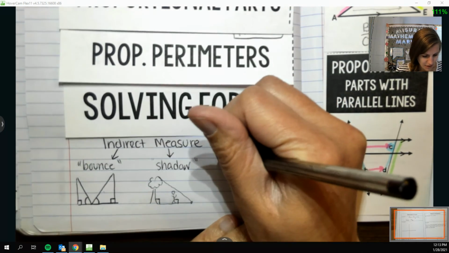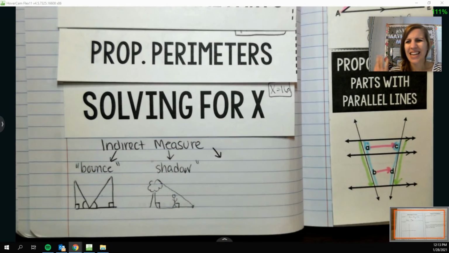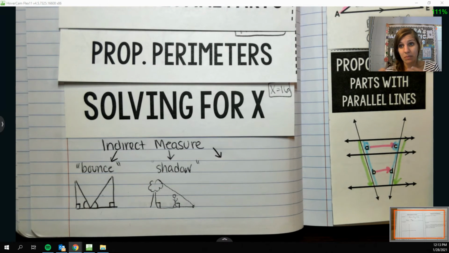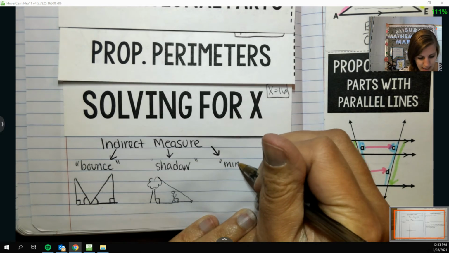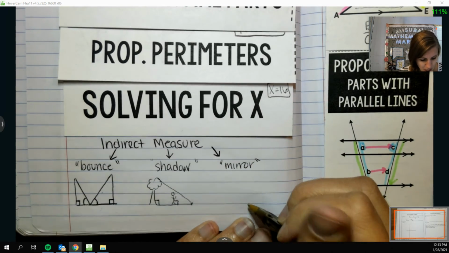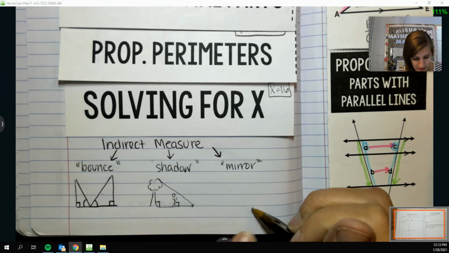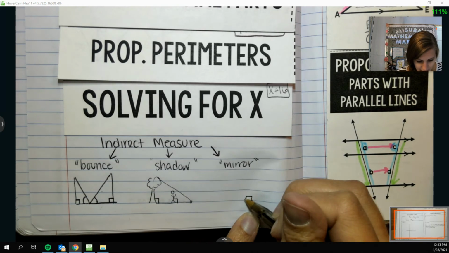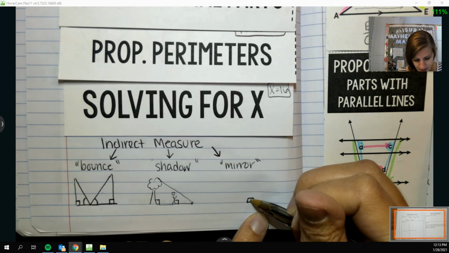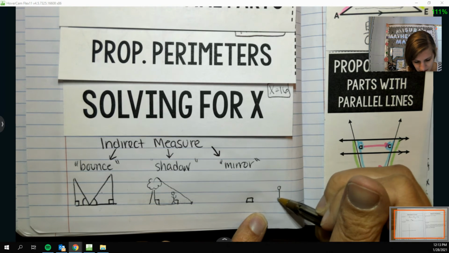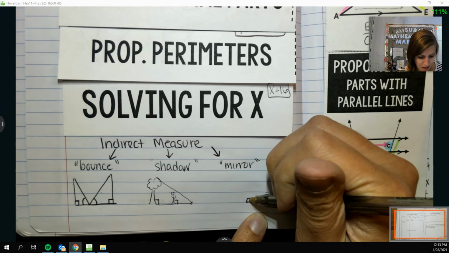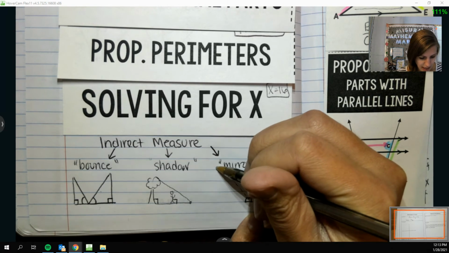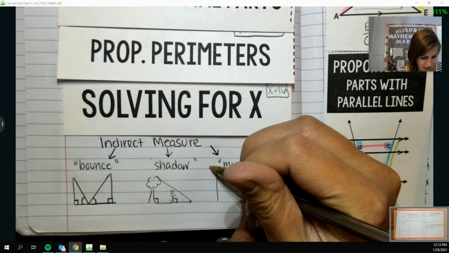And then the last indirect measure is also sort of a bounce, because it's light bouncing off, or a shadow again, but it's used in a different way, where we use a mirror or a reflection. So what that might look like is like the bounce picture. If I have a mirror placed on the ground, if I look into the mirror and I can see the top of a really tall object, like maybe a flagpole or something,